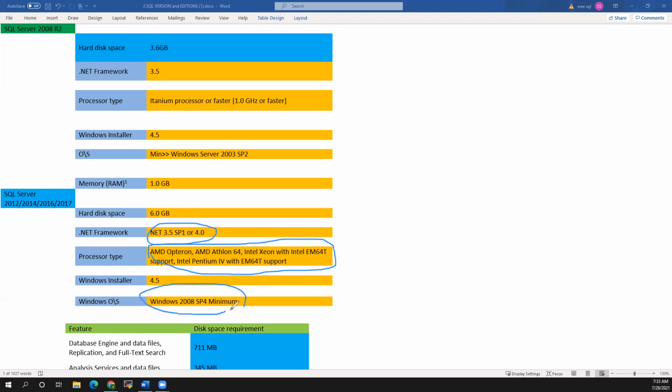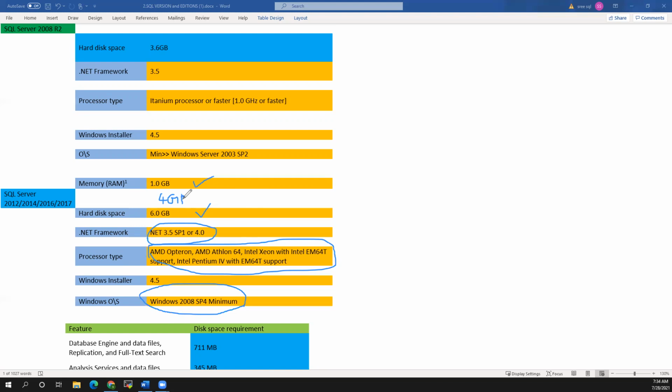So these are whatever I have provided. These are the memory, 1 GB. These are the minimum requirements to install the SQL Server software. But people won't depend on this 1 GB or 2 GB of RAM. People will mostly use 4 GB, 5 GB minimum. I mean, the best practice is 4 GB. To get good performance, you need to have 4 GB.